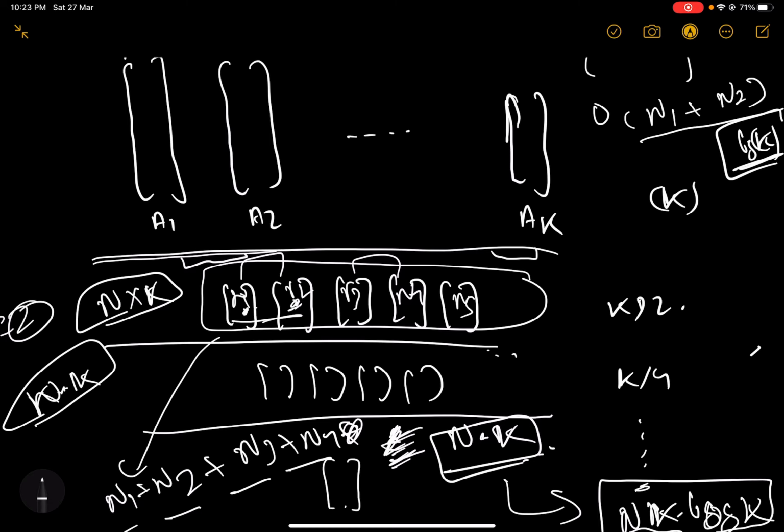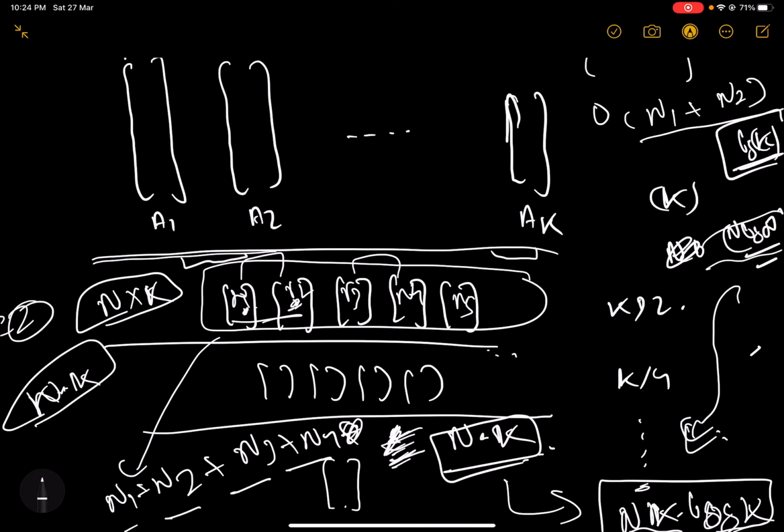Since there are n arrays of size 1 each, there are n elements in total, and the time complexity is n into log n. So that matches the time complexity that we are suggesting, because in the case of merge sort, the value of k will be equal to n, and the value of n will be equal to 1.